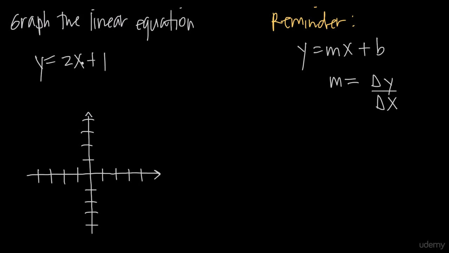The graph of a linear equation is always going to be a line. So whenever you hear linear, you can think line. So if we want to draw a picture of what this equation looks like, the picture is going to be a line. Now, this particular equation, y equals 2x plus 1, is already given to us in what we call